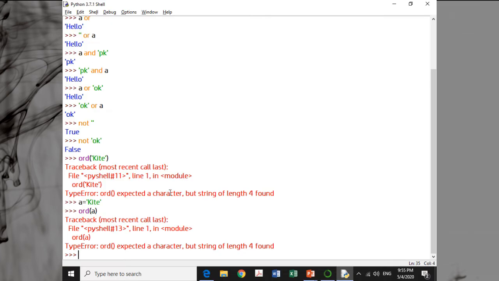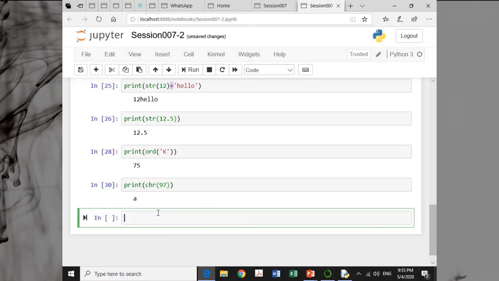Similarly, there are two more functions which you can use, the min function and the max function. The min and max functions can also be used with a string. Like, say I am writing print min of "Pawan". The min is capital P, because the ordinal number of capital P is the smallest among all these characters.